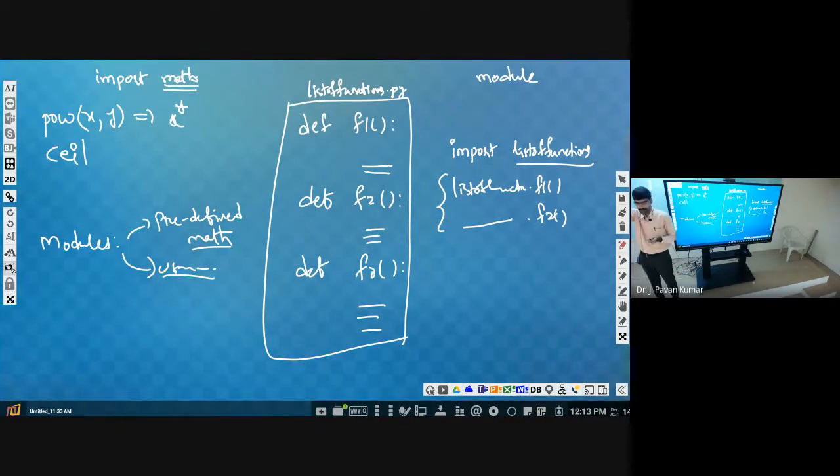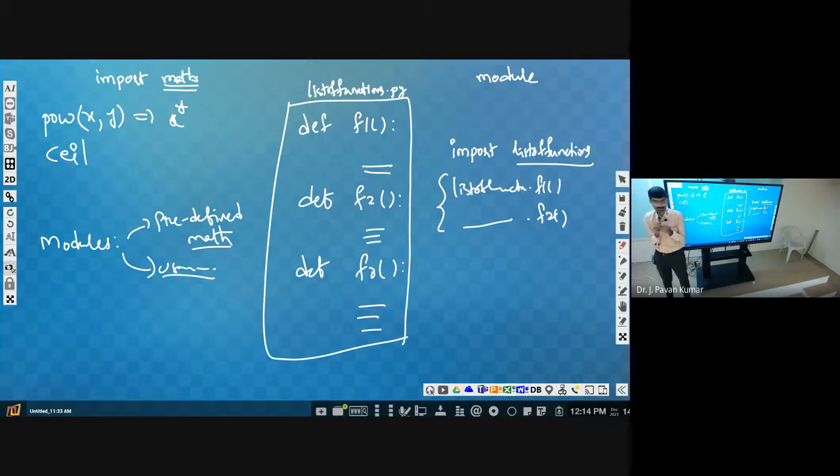Next, floor will be down only. So floor of 3.1, floor means down. The nearest integer which is less than or equal to the given number. In the earlier definition also, ceil means nearest integer which is greater than or equal to the given number.